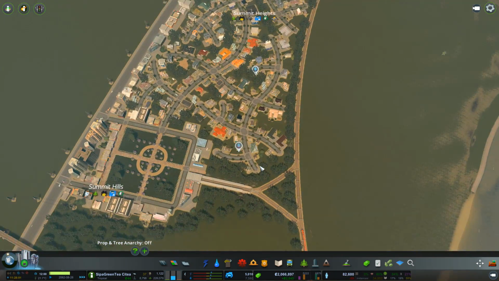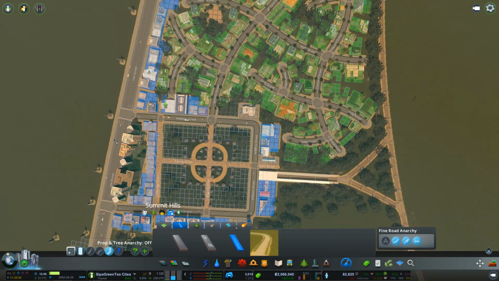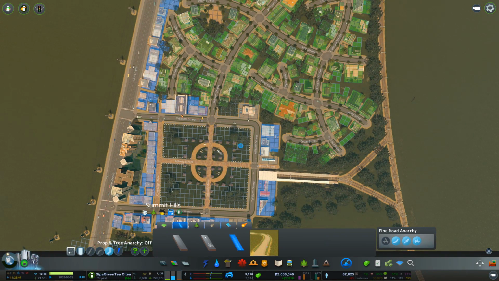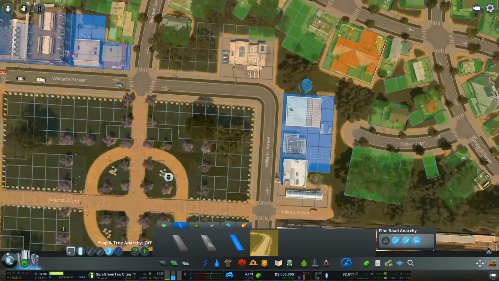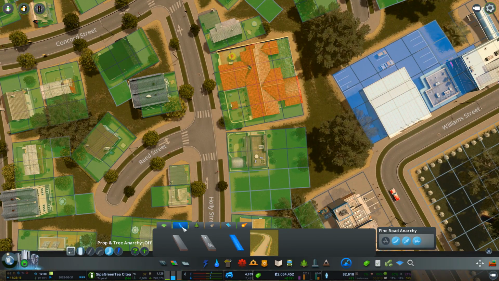We need to add some paths and things into here, so let's look at a couple of places like here. If somebody wants to walk to here, they've got to go all the way down there, all the way up there, and all the way along here. Well, that can easily be solved with a couple of paths. It's going to mean that some of these houses...